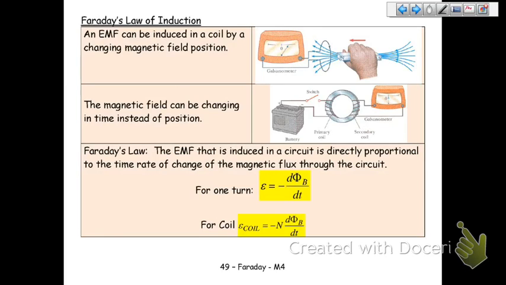We don't have to use a bar magnet. We can actually use an electromagnet. And so this next diagram, this is from the book, and they switched it. I don't know why they switched it, but basically we have the generating side now on this side, and we have the receiving side on that side. And what we see is when we close this switch, let me get my pen out,